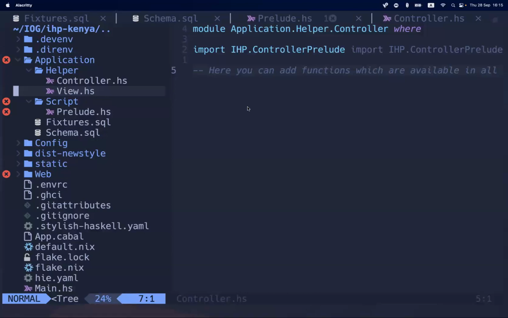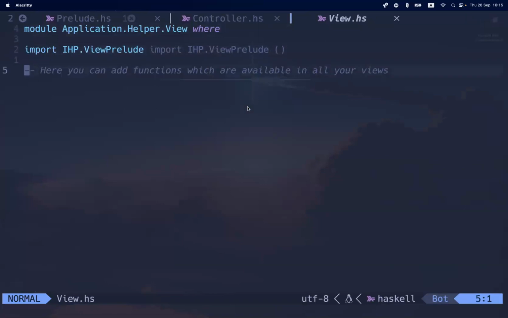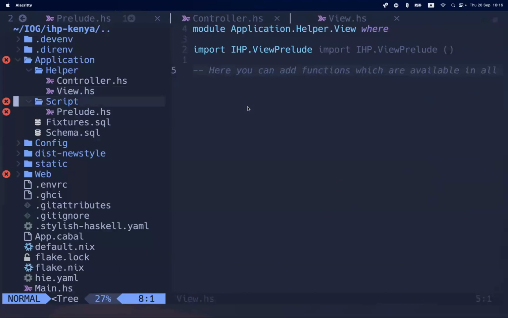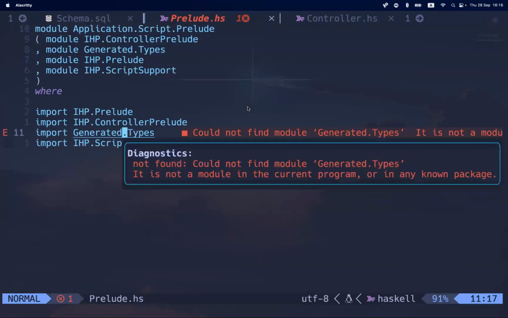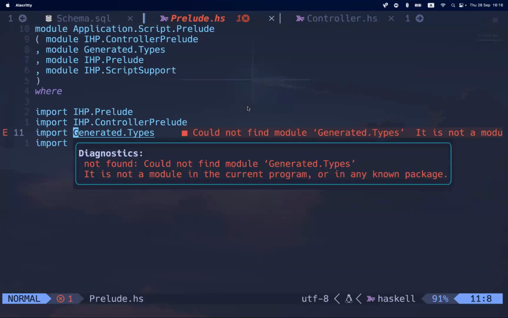So, and here we have all the, here we can add stuff that is going to be available in our reviews. Let's see. Oh, this is okay. So if you have this error, don't worry. You just have to restart, because the generated types are generated automatically, and sometimes